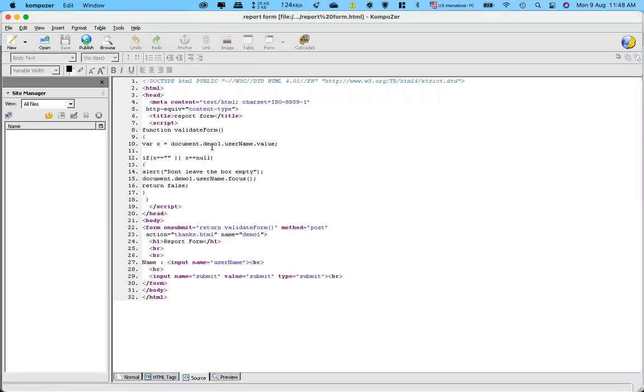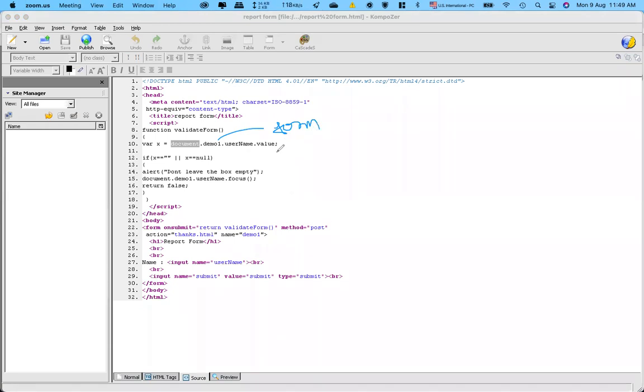So I set up the hierarchy here. I first write the current page, that is document. Then I write dot. And then I write demo, which is the name of the form.